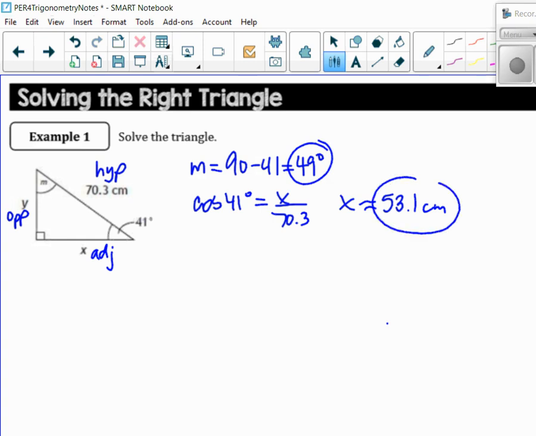Okay, what's the next thing I have to solve for? Y. So that is opposite. So again, use the given information. Try not to use a rounded answer in it. Always go back to the given information. That's my suggestion to you. So that would be sine of 41 degrees is equal to opposite, which is y, divided by hypotenuse, which is 70.3. So y is going to be